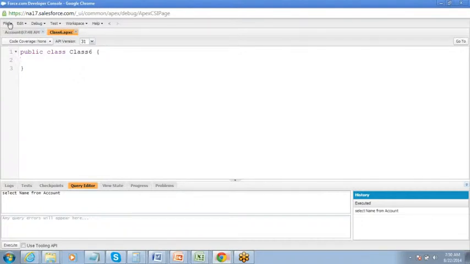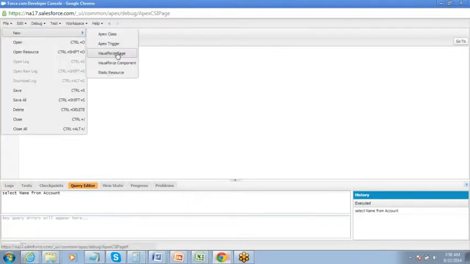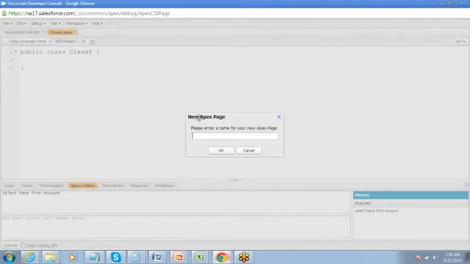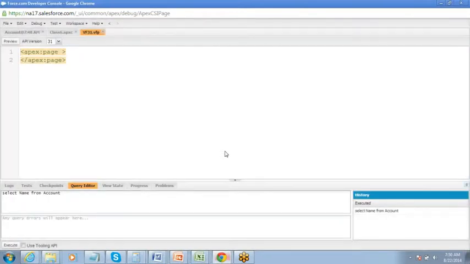Fine, you can create a Visualforce page also from here. Create a Visualforce page. Right, so see all tabs have been opened here. So this can be the class, this can be the page and all these things. For Visualforce page I would not recommend developer console because our page editor is much better. It shows you the real-time results and all. For classes, in case you want, you can use this one.